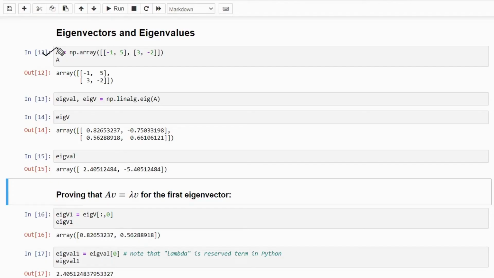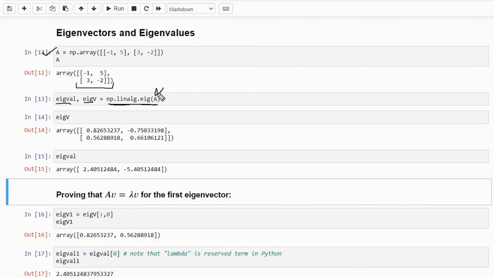Okay, so in this cell, I'm creating a new matrix, matrix A, which has 4 elements, and then I'm using this function within the NumPy library, which is np.linalg.eig, and then I'm passing the parameter, the matrix A, for which I want to calculate the eigenvectors and eigenvalues. And this function actually returns us the eigenvalue and eigenvector for any given matrix or vector that we are passing